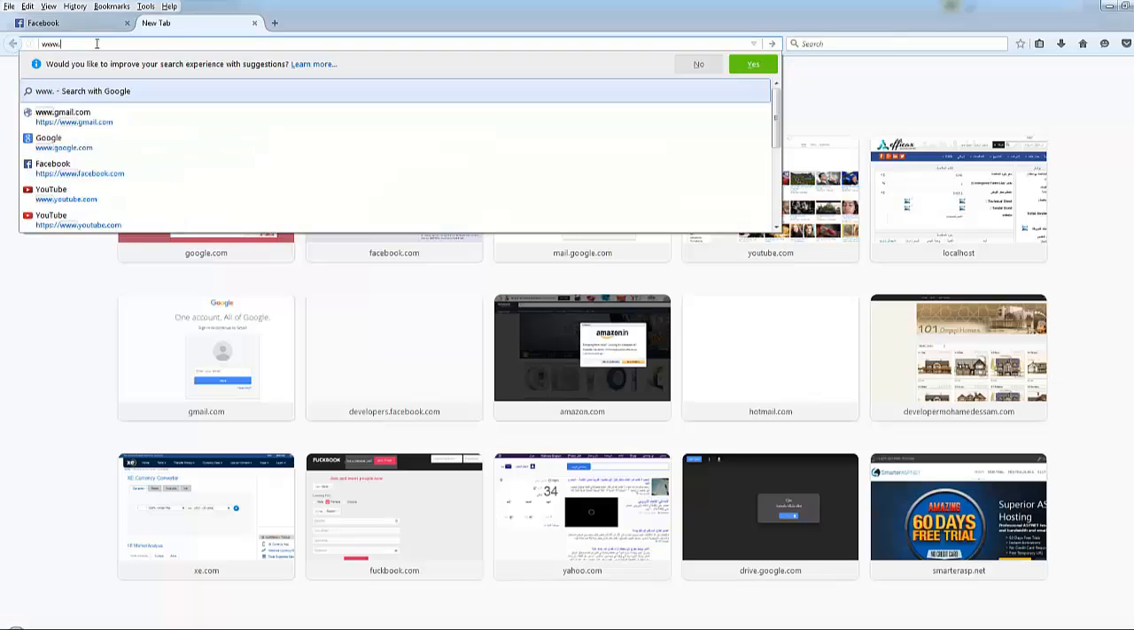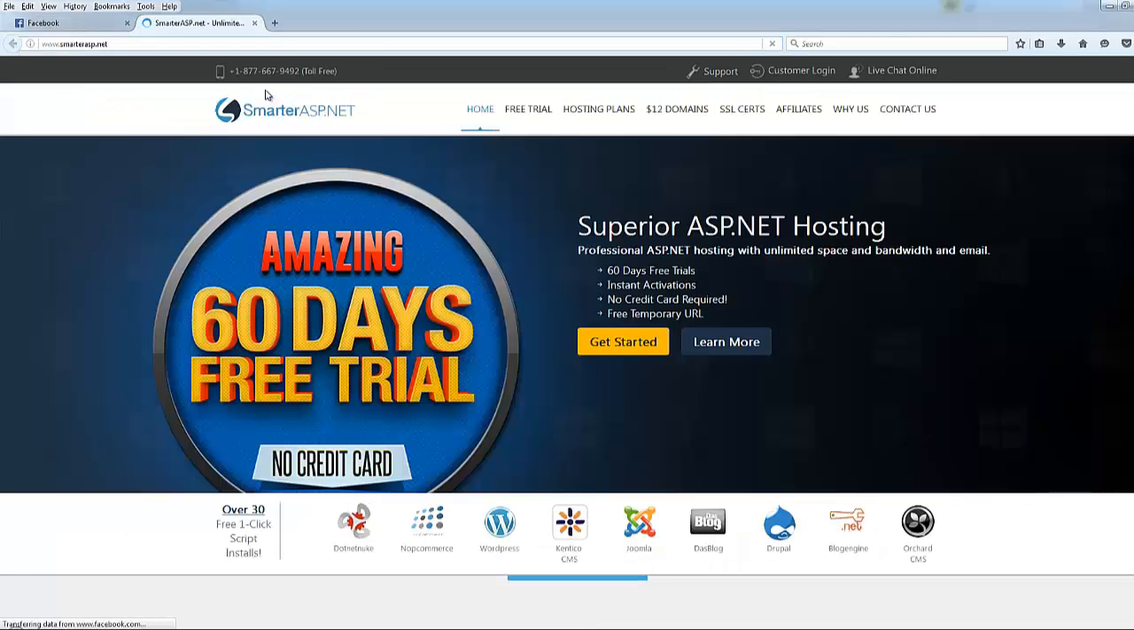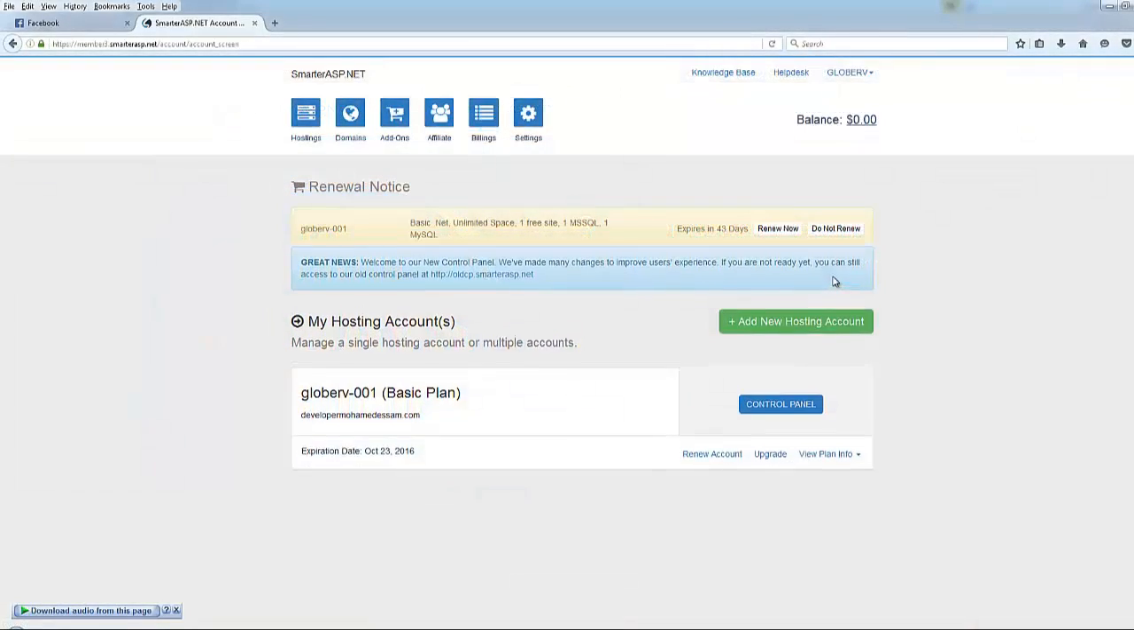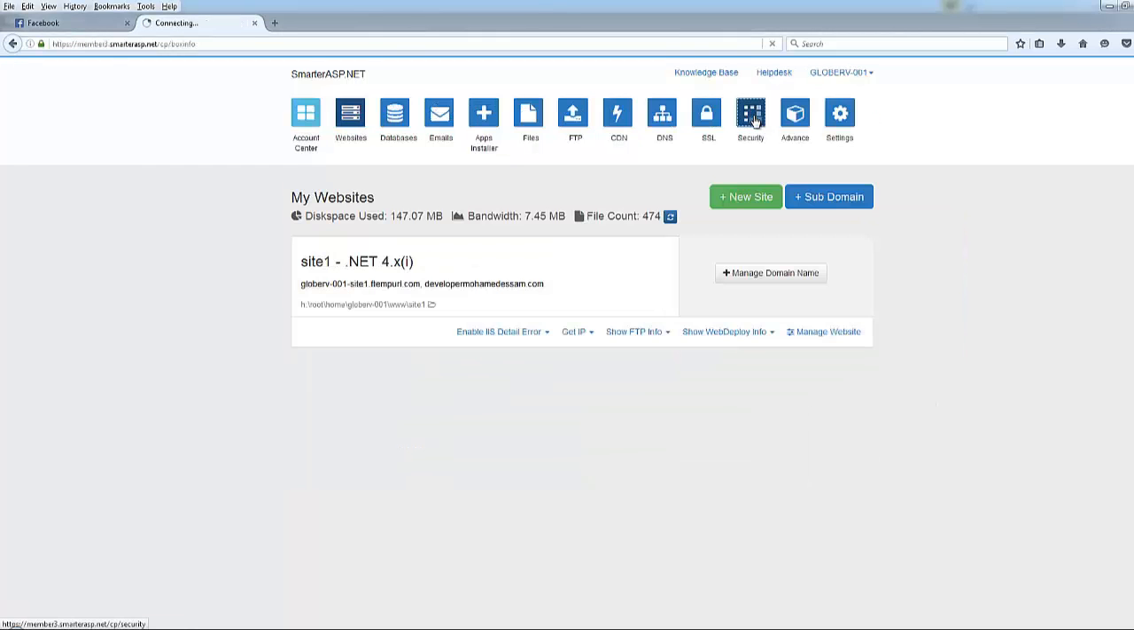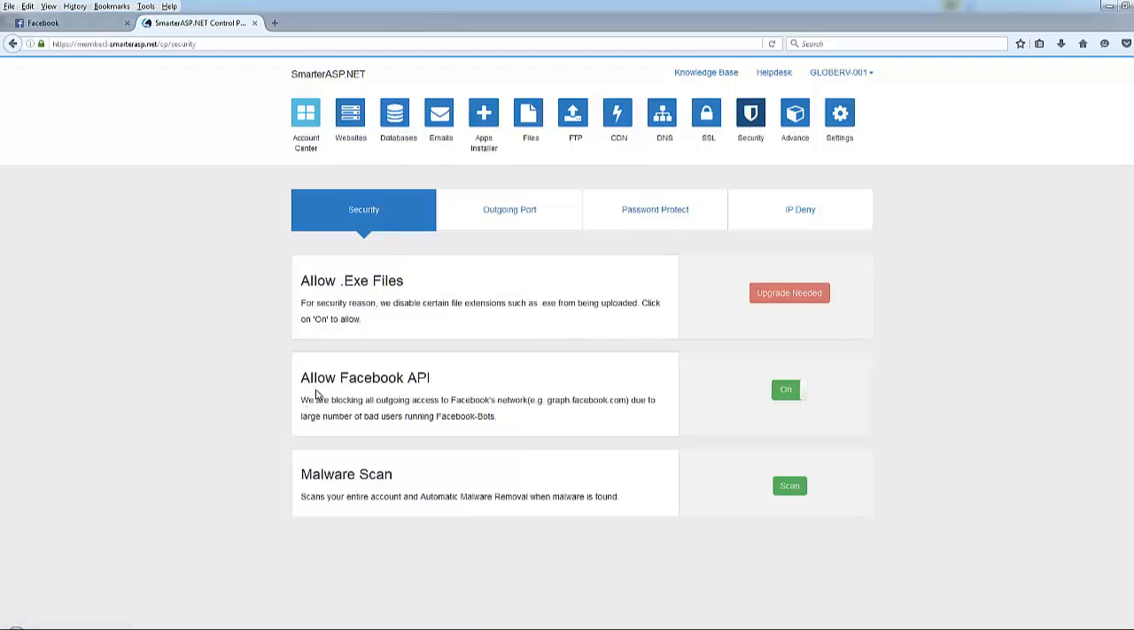Now, one last thing I have to warn you about, that when time comes and you publish your website to an external server, for example, smarterasp.net is blocking the Facebook traffic by default. So go to your control panel and make sure that the Facebook traffic is allowed. So if you go to the security panel, turn on the allow Facebook API option, as the default settings here inside